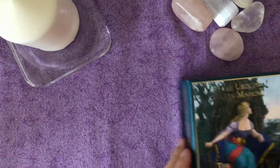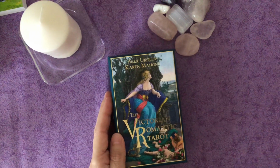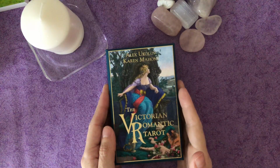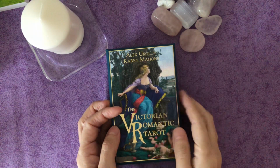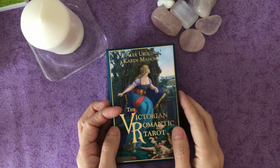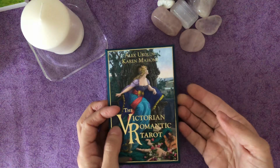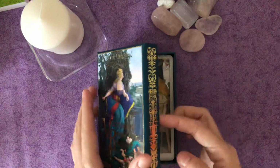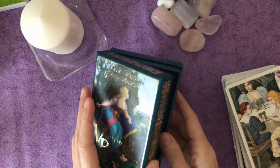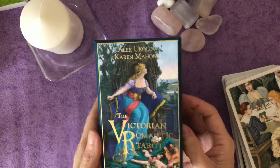My next one, I got this off of eBay after it had sold out. It's an investment deck. I did pay a pretty penny going back and forth with the owner of the deck on the price. It was sealed though. That's why I was willing to get it. I jumped on it, and I've seen all the unboxings. I looked at probably every single unboxing of this deck that's on YouTube, and I knew it was something I had to have. My love for all things Victorian, Edwardian, old, and